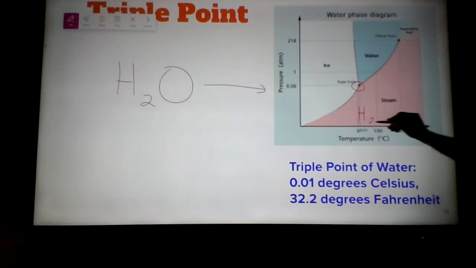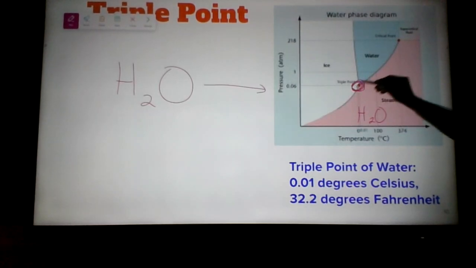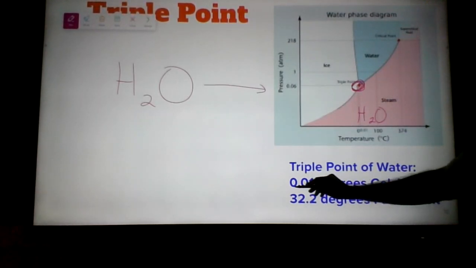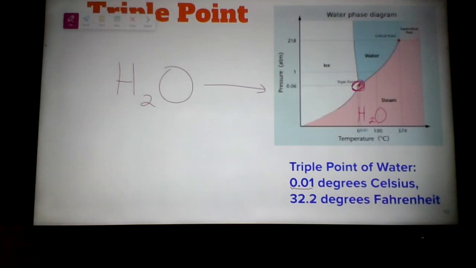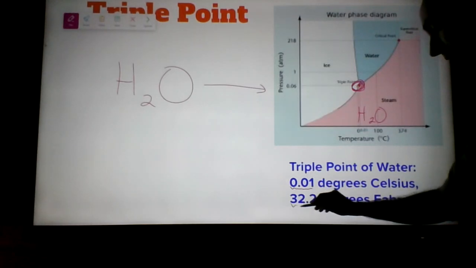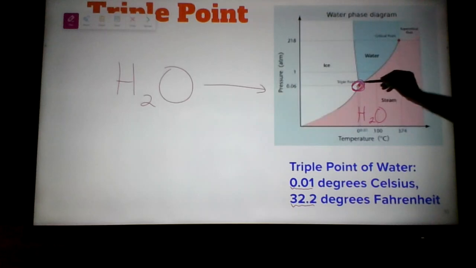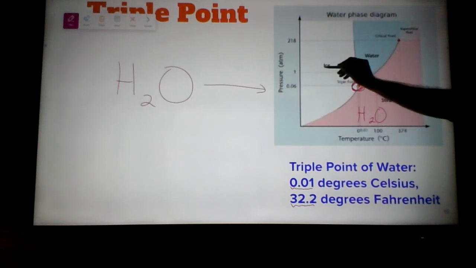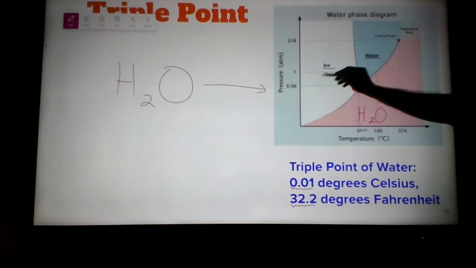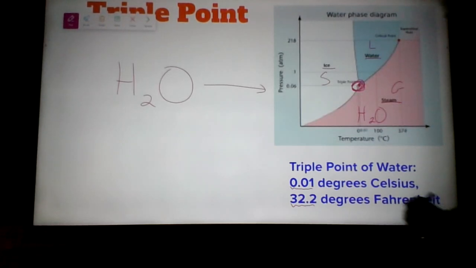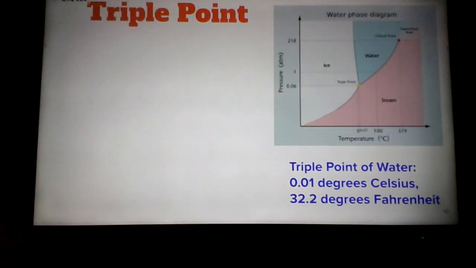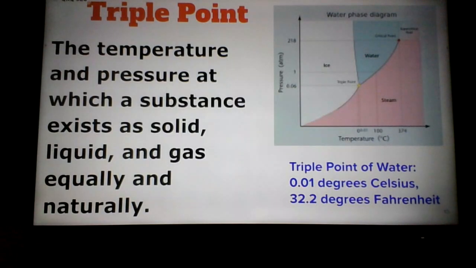Again, all are H2O. At this point right here, as you see in the middle there, 0.01 degrees, so 1/100th of a degree Celsius and 32.2 degrees Fahrenheit, water can exist naturally at the same time, at the same temperature as ice, water, and steam. Solid, liquid, and gas. Okay, so now we'll put up the definition of triple point and we will be done. Triple point is the temperature and pressure at which a substance exists as a solid, a liquid, and a gas equally and naturally